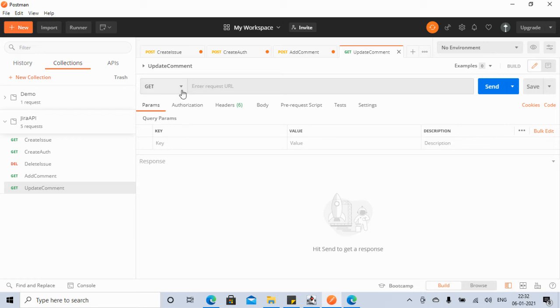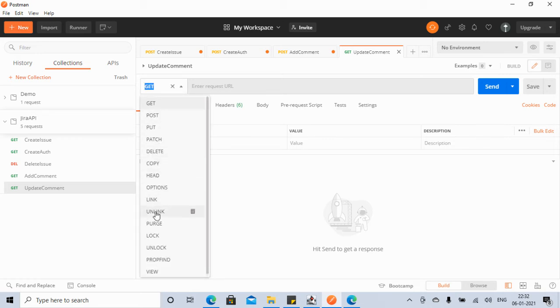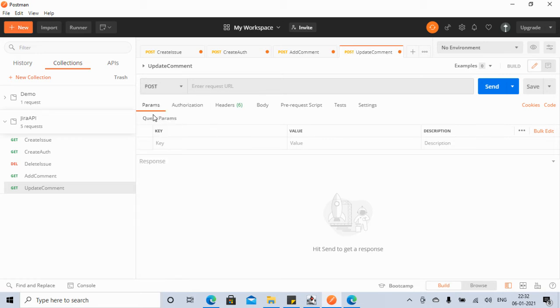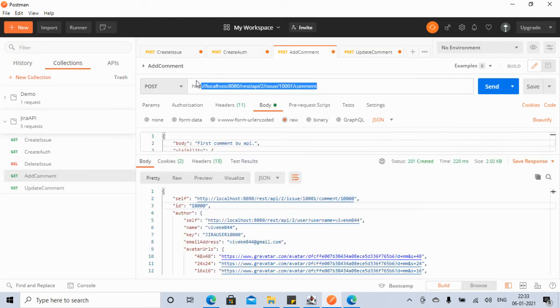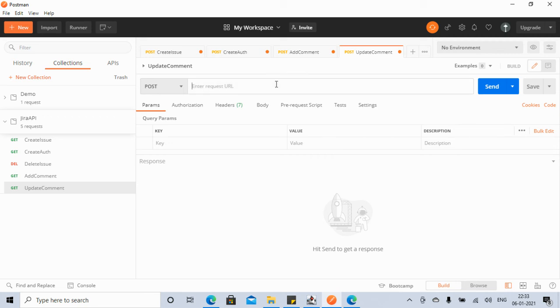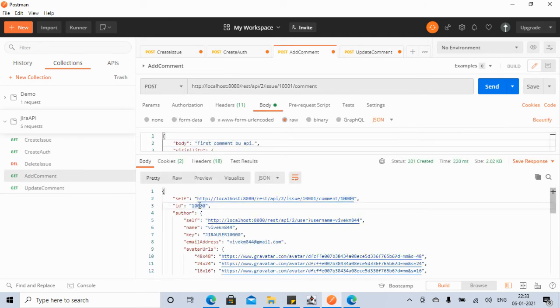So it is a post again. So mostly we are doing everything with post. We will do some get and others, like we did delete. We'll do some put also. So now the first thing is the URL. Let's copy. I think it's similar. Okay, because this is the same issue ID. We have to just append the comment ID also. And what is the comment ID? 10,000. That's what we saw, right? If you go here, the comment ID is 10,000.